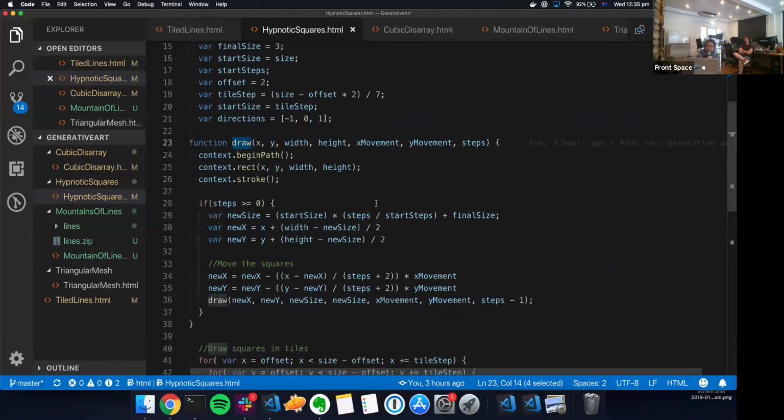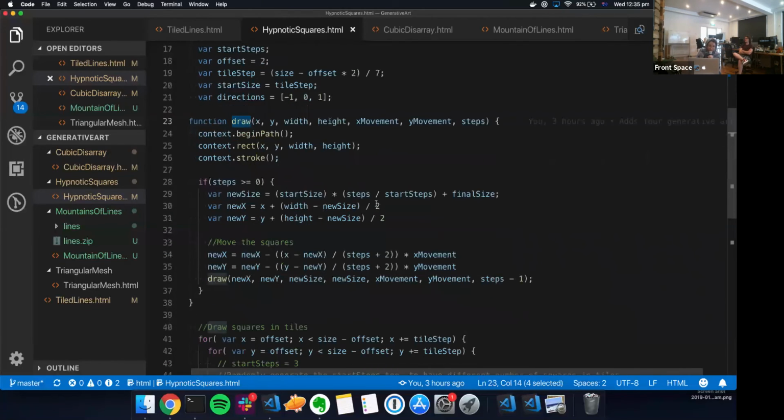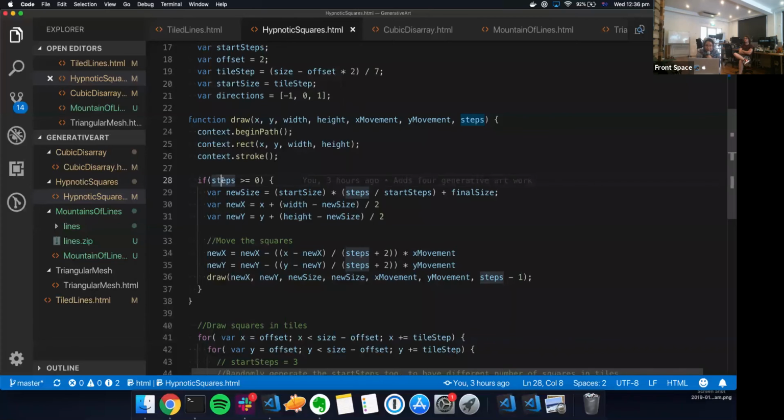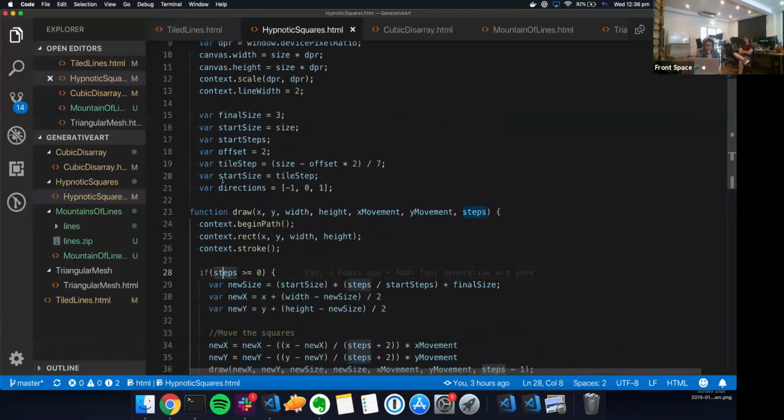Again, it's like creating a rectangle that is a beginning path, from an X and Y to a width and height. And stroke is when it actually draws that. In here, we will define our stopping step. Since we want to have squares inside the square, we have to say if the size is less than some point, stop it. So it's not going to be infinite squares inside each other, and we will stop at some point. At this time, our step size will be,